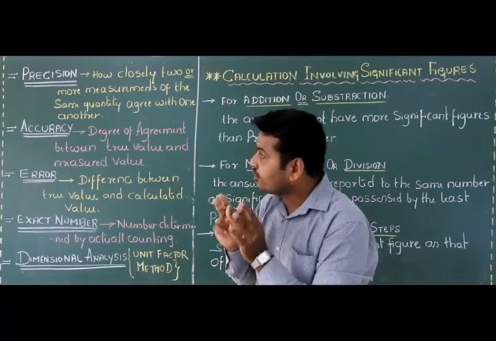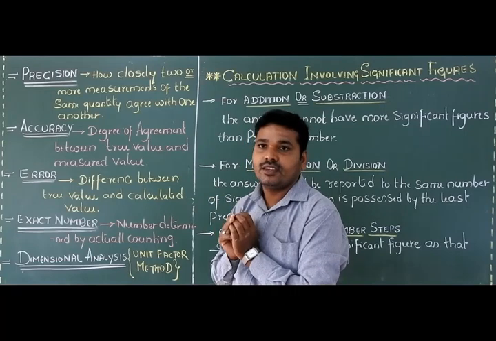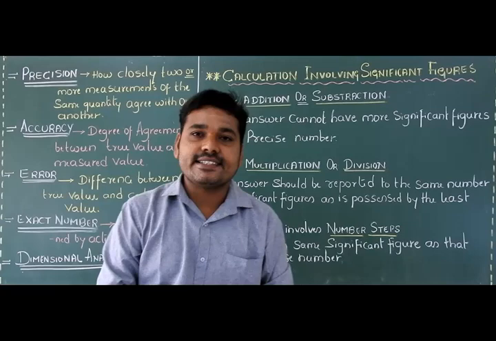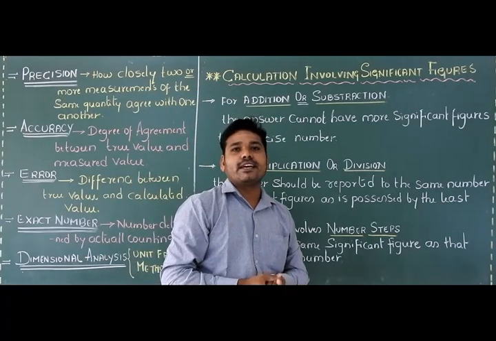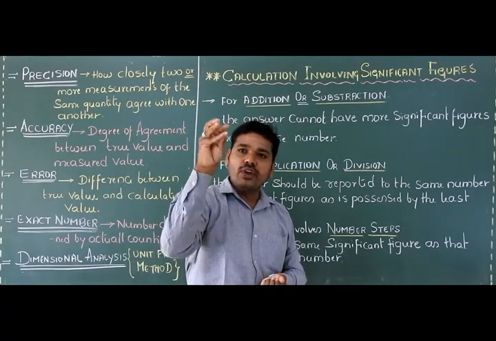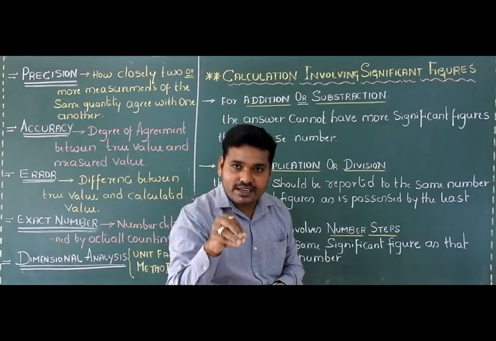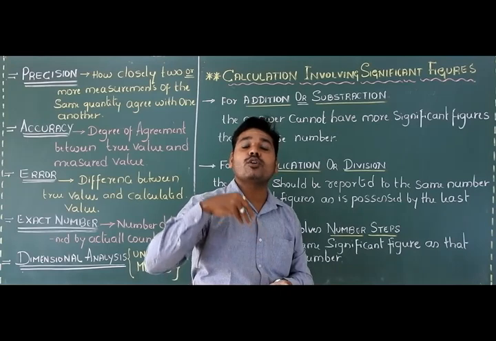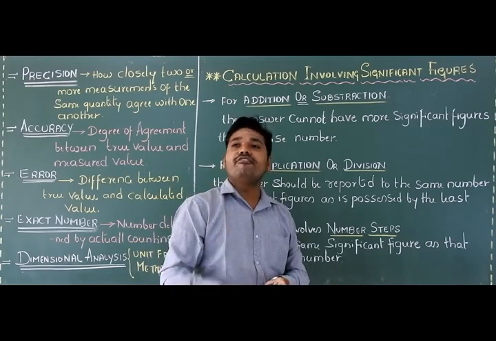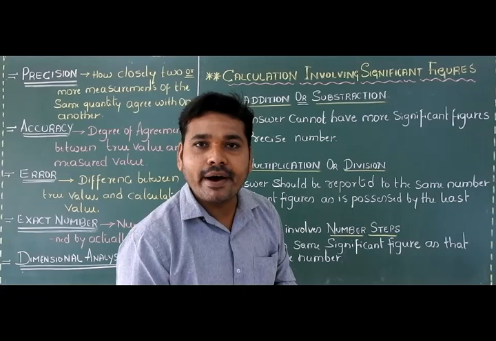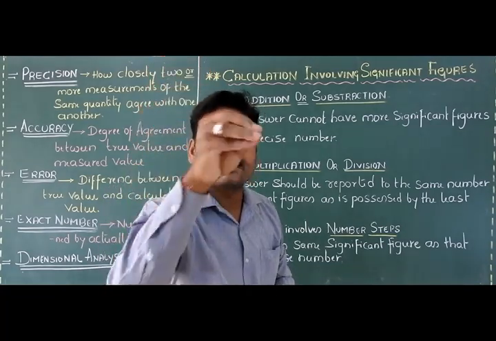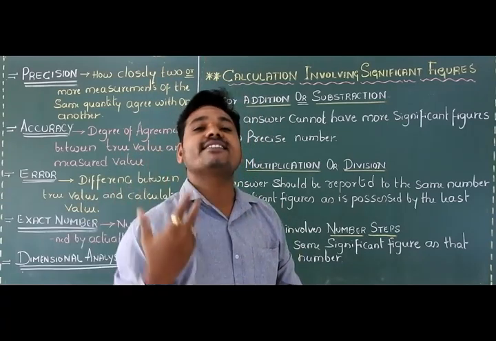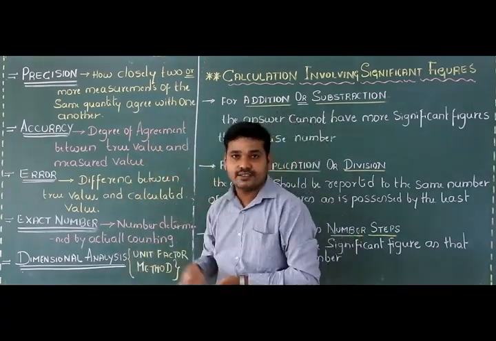Listen to the example for this precision, students. Let us consider the mass of a chemical substance. Let us take 5 grams of a chemical substance. If you weigh the mass of the chemical substance 1 time, 2 times, 3 times, 4 times, or more than 4 times, every time you will get the same number. That means the same mass of the substance, the same 5 grams. That itself is nothing but precision, students.